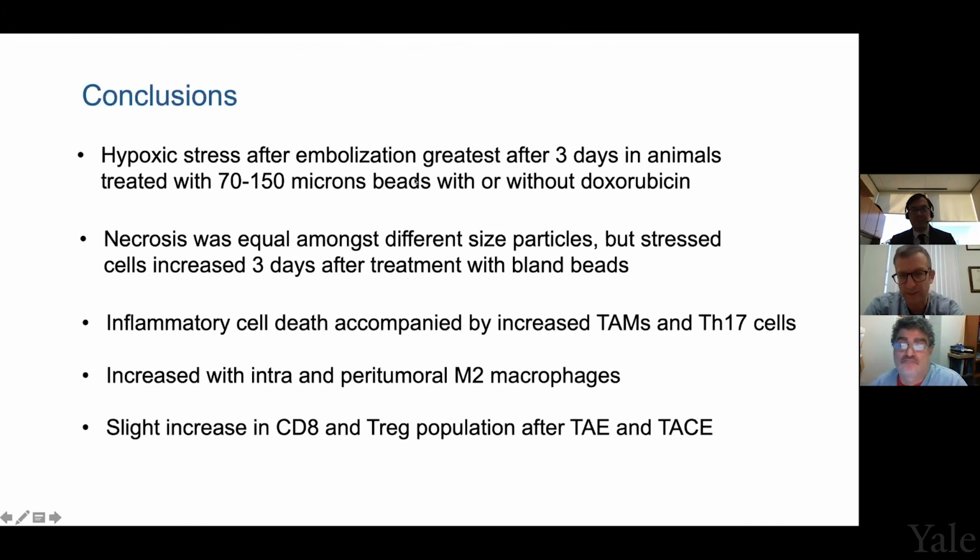Anyway, we have one more question from one of our hepatologists. Given some of these very interesting findings on changes in cell population, how do you think TACE will partner with some of the new immunotherapies? It's an opportunity for promoting modes of action given changes in hypoxia and cell populations. Is there anything known about the zones around RFA and microwave with respect to the same kind of changes in cell populations or hypoxia-induced changes?